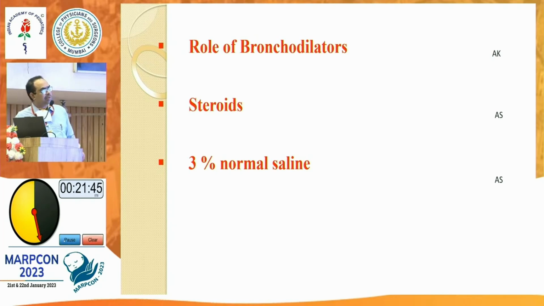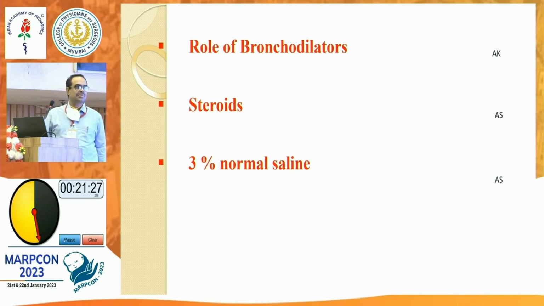So you don't want me to give a nebulization with steroid, bronchodilator, and you don't want me to write a prescription of antibiotics. So what am I supposed to write on paper? IPD chart. IPD, sir, I think in this case we are supposed to write down oxygen, IV fluids.